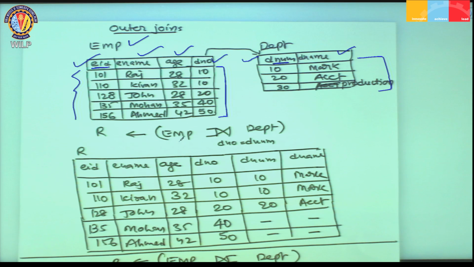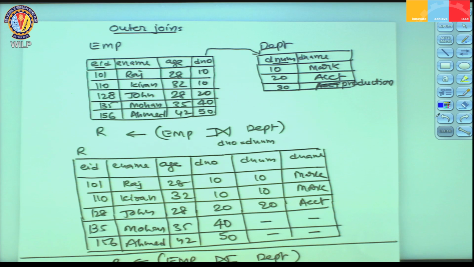If I perform the normal join here, then this will be joined with this. If I am performing a normal join operator between these 2 tables where DNO is equal to DNUM in the department table, it can be written like this: employee joined with department where DNO is equal to DNUM. Then in this case what is going to happen? For this tuple in the employee table there is a corresponding matching tuple in the other relation. For this also you have a matching tuple, for this you have a matching tuple, and of course for 40